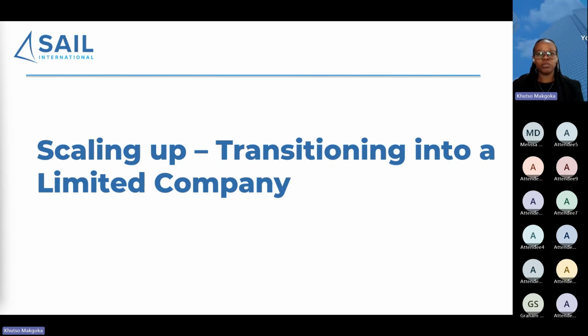Now, given that companies are not subject to capital gains tax on the sale of property, this can offer a great way to utilize any retained funds from the sale of property within a limited company to maybe purchase more property and grow your business. Other great benefits is extracting rental profits by way of dividends, which allows you a tax-free allowance of £500, as mentioned earlier, in addition to your personal allowance of